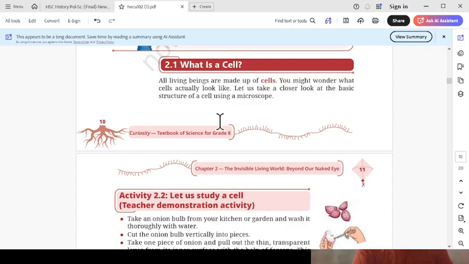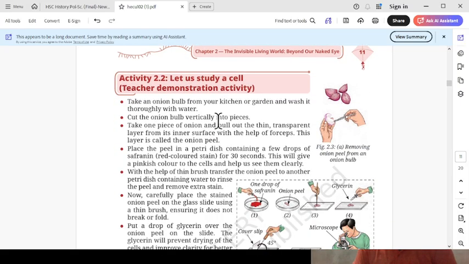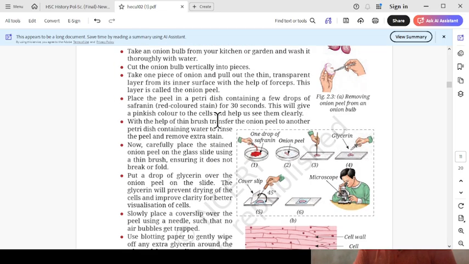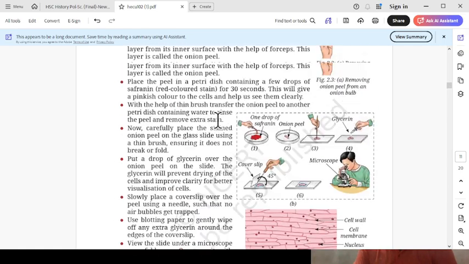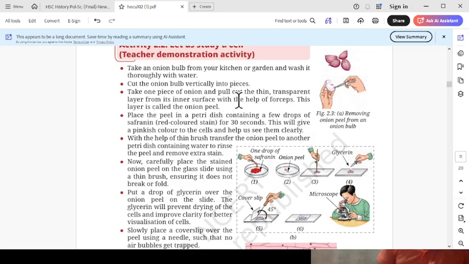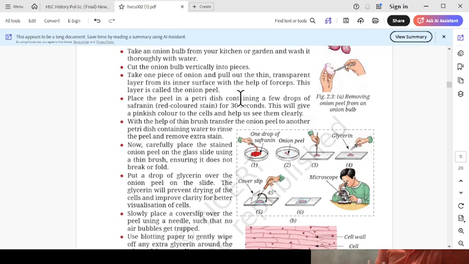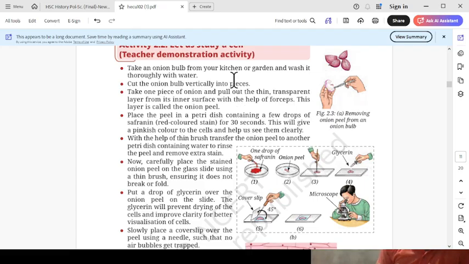You might wonder what cells actually look like. Let us take a closer look at the basic structure of a cell using a microscope. So let us study a cell. This is an activity, and we can study it and note the observations. Take an onion bulb from your kitchen or garden and wash it thoroughly with water. Then cut the onion bulb vertically into pieces. Then take one piece of onion